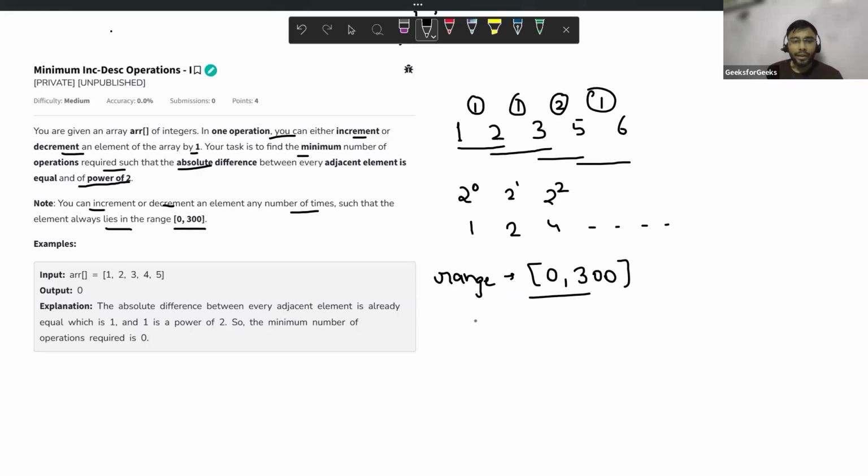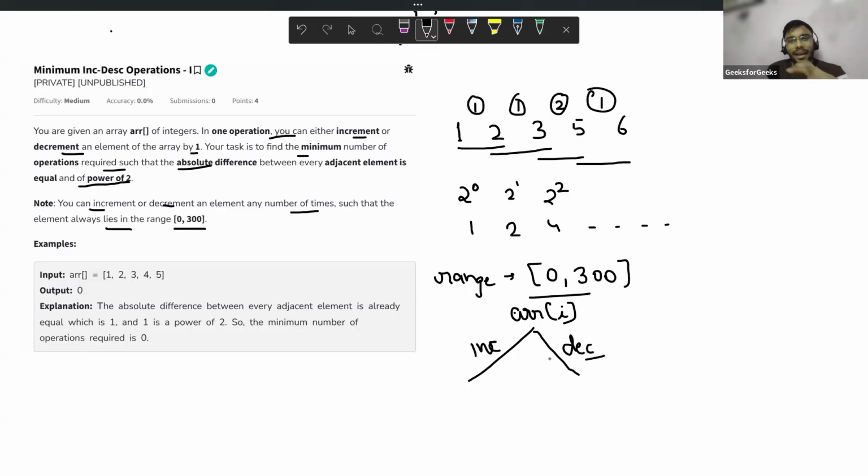Okay, so here, for every element, can you see, we have two choices, either to increase it or to decrease it. So are you guys thinking of solving this problem using dynamic programming?